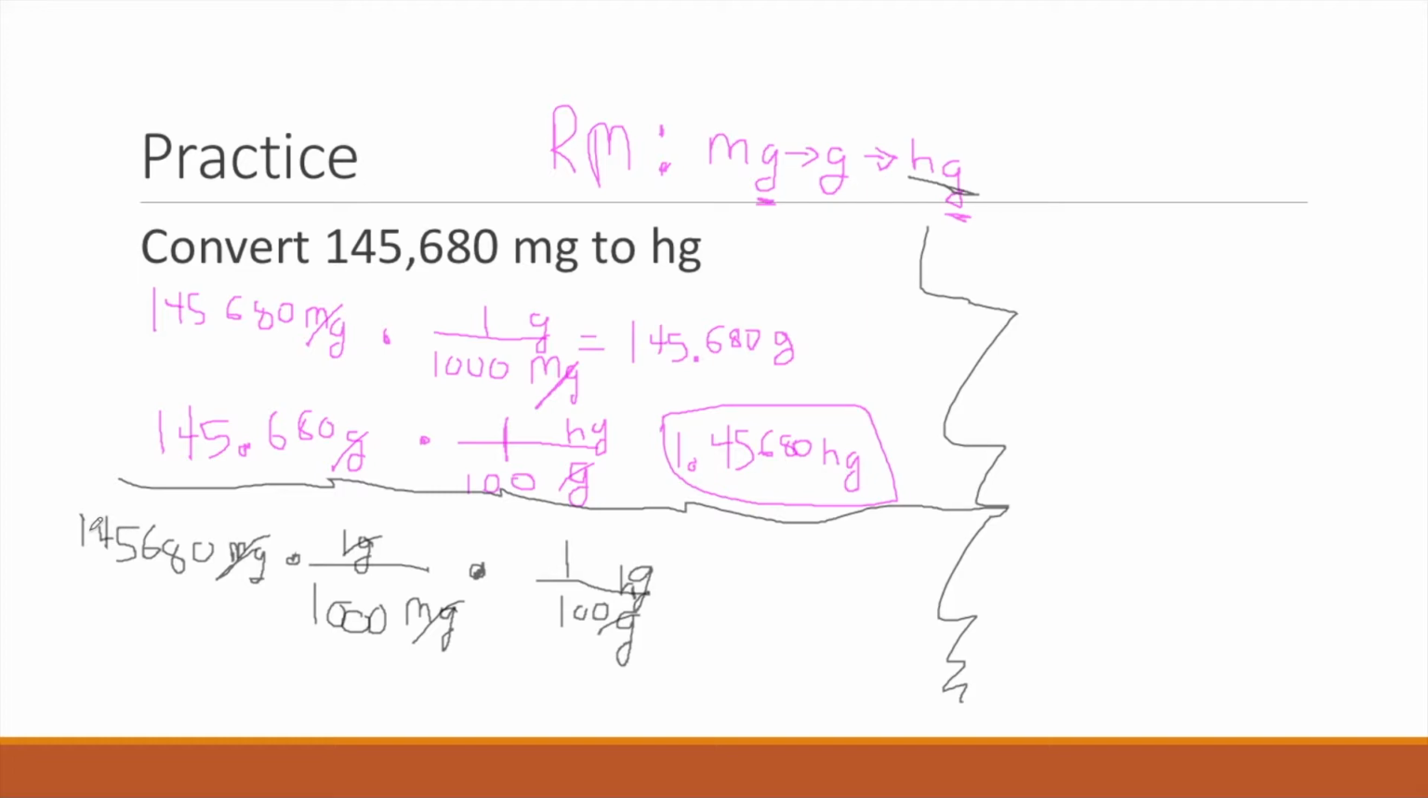Now I need to multiply everything in the numerator, or the top of my problem. So I'd take 145,680 times 1 times 1. And then divide that by the product of my denominator. So I would go ahead and multiply the bottom, 1,000 times 100, and use that answer. So in your calculator, so you can follow PEMDAS, or order of operations, you should put parentheses,